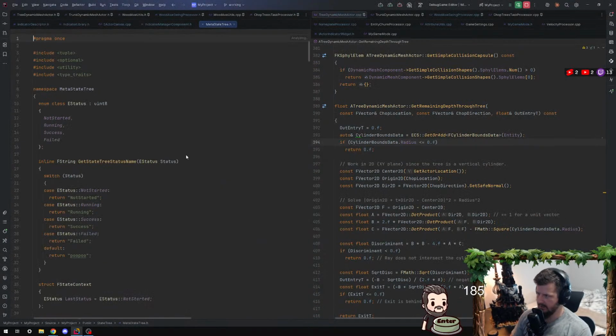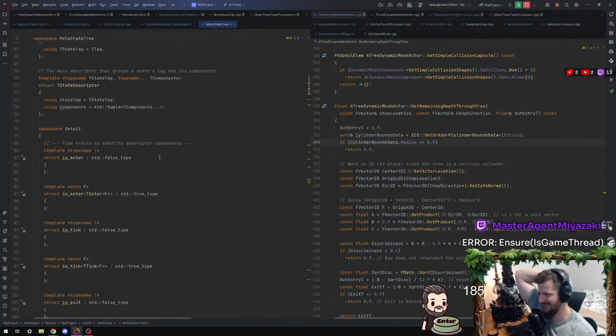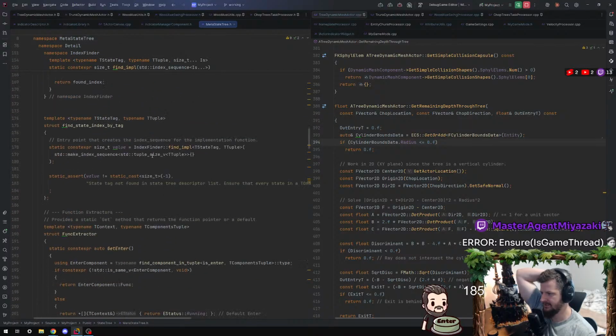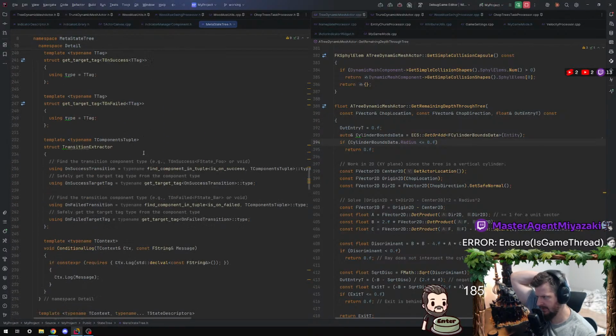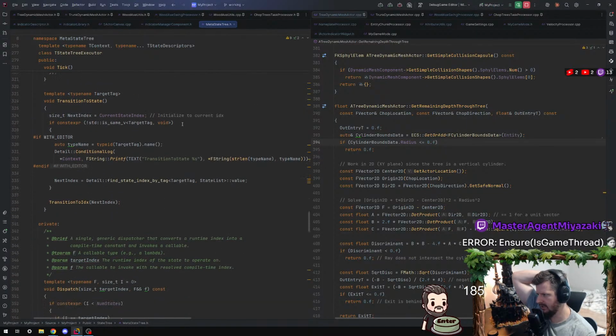It's variadic template metaprogramming. Ensure it's in the game thread. Yeah, I hit that a lot. But my state tree has zero heap allocation, so it's very, very performant, very, very fast. And all it really does,